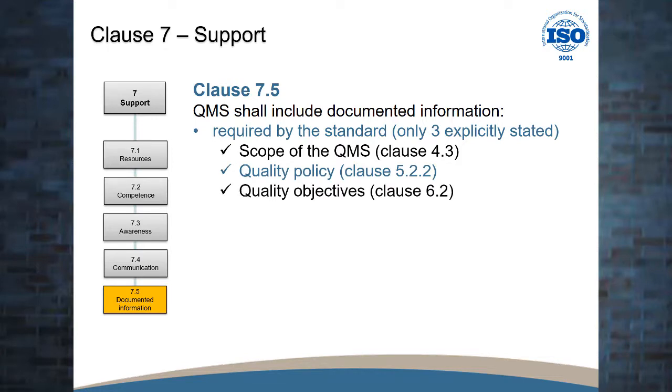So basically the standard's saying outside of those 3 required maintained documents, that's really all you have to have, unless you determine that there's a need for other documents to be created, or your customer requires you, or some other interested party requires you to have additional documentation. But those are the big 3: scope, policy, and objectives in terms of explicitly stated traditional documented procedures or traditional